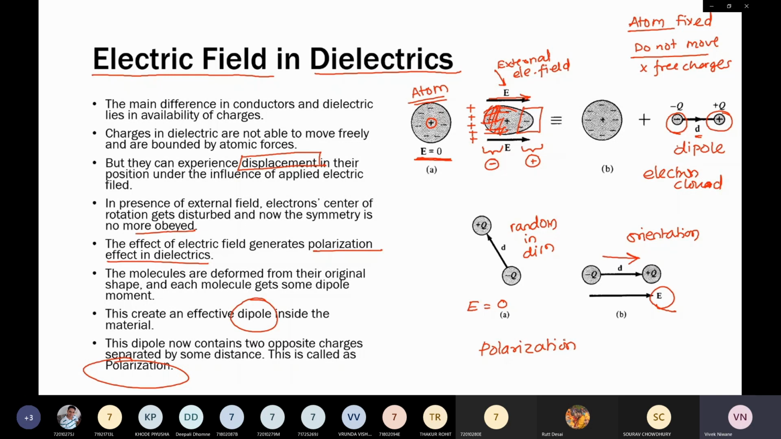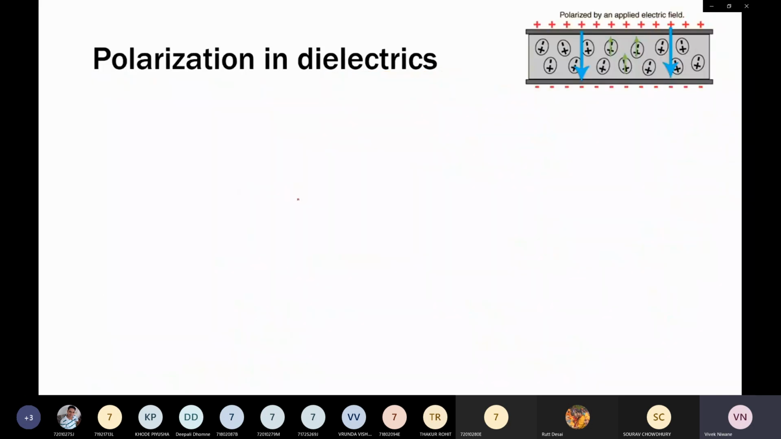So an individual atom is electrically neutral. Atoms inside the dielectrics do not move. Dielectrics don't have any free charges, but as soon as we apply an external electric field, a dipole is created inside an atom because the electron cloud experiences some sort of force. Okay, so with an understanding of these, we can